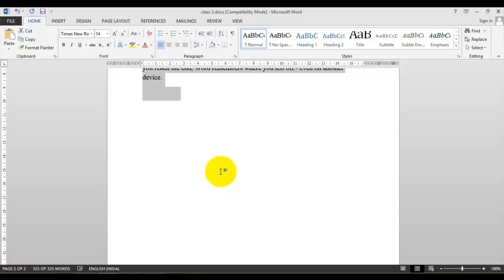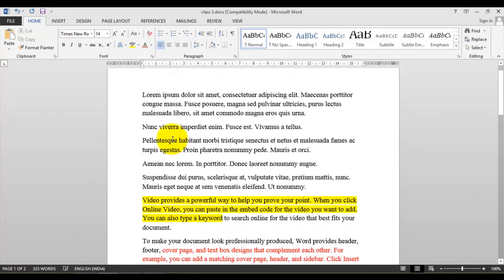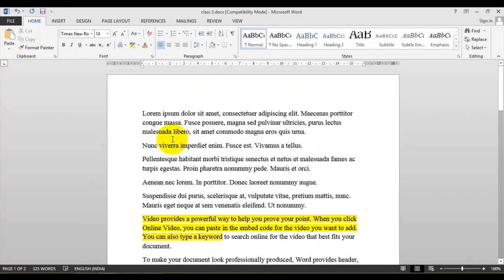And the other way is you can go to the editing group in the Home tab, editing group, and select all. You can go to this option. This is step number 1. Step number 1 is you can press Ctrl plus A if you want to select all, and if you want